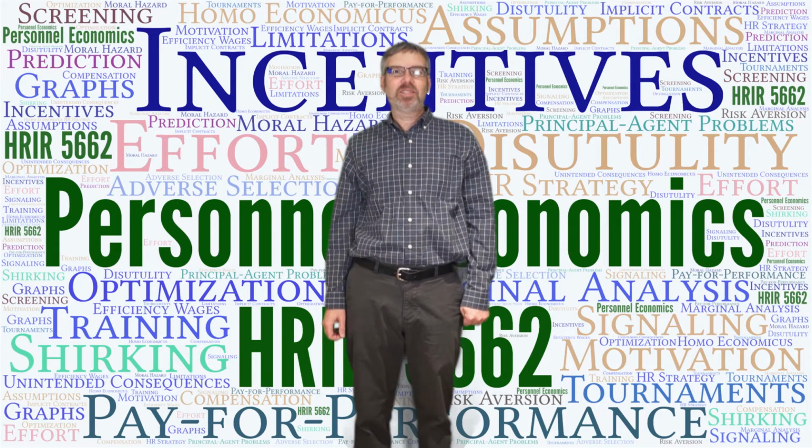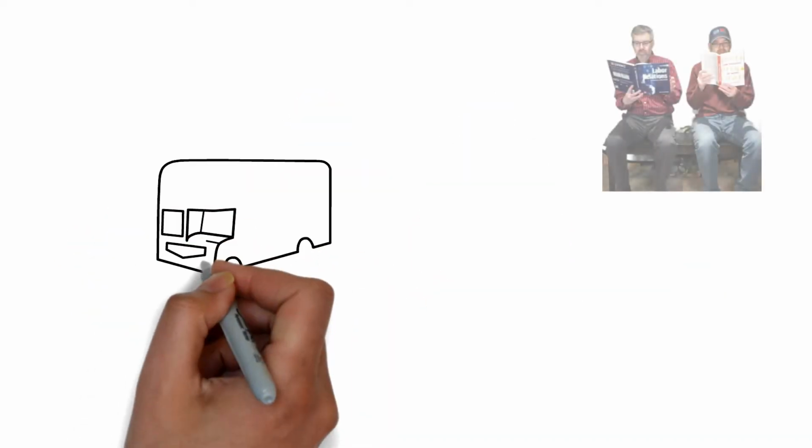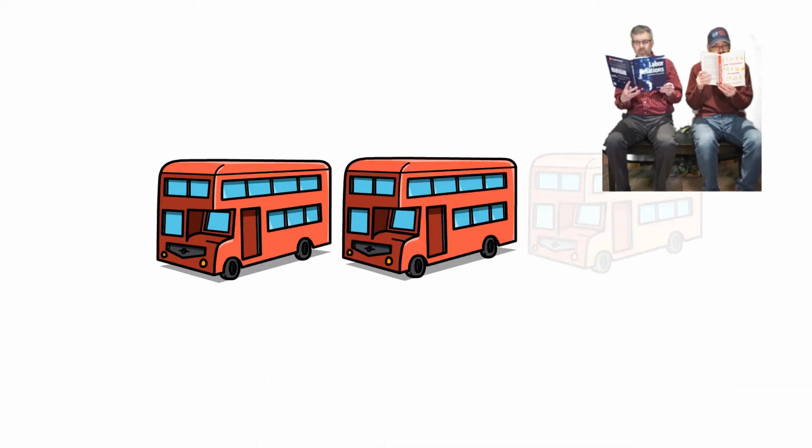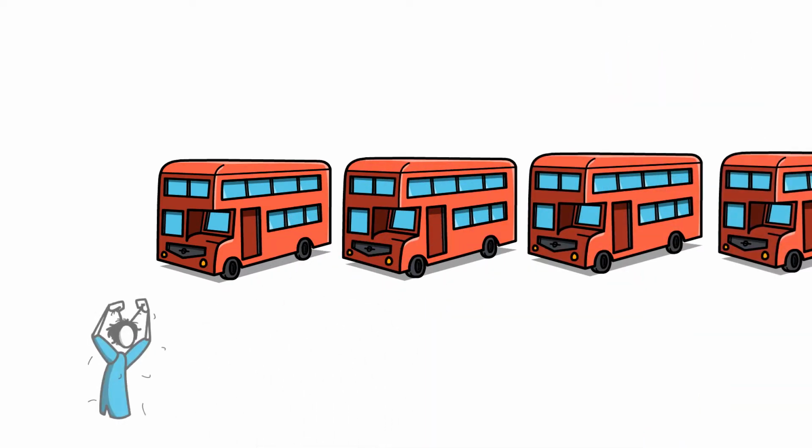I'd like to start the class with an example. Maybe this has happened to you. You're waiting for a bus on a busy route. Perhaps you're the only one at the stop. Then another person arrives to wait for the bus, and another, and another. But then rather than one bus arriving, a bunch of buses for the same route all arrive at once. This is called bus bunching, and it's very inefficient.